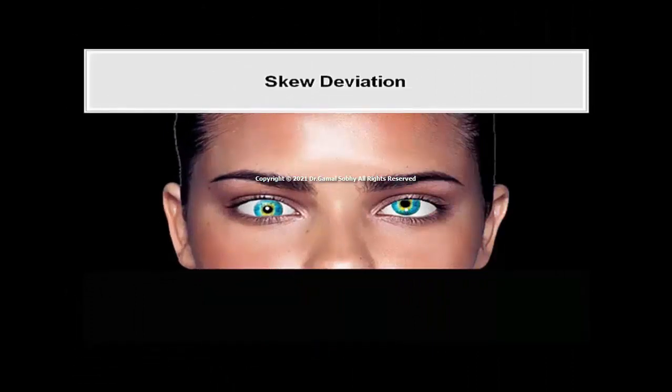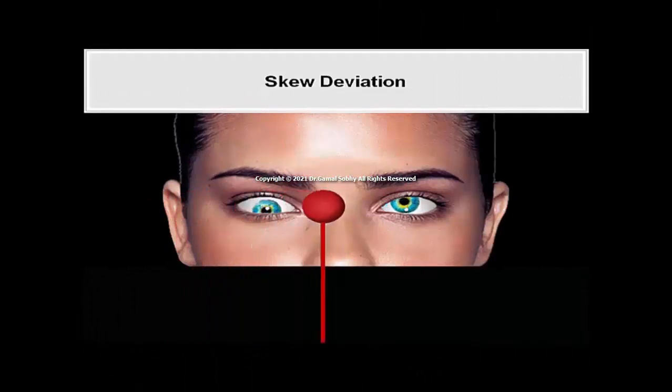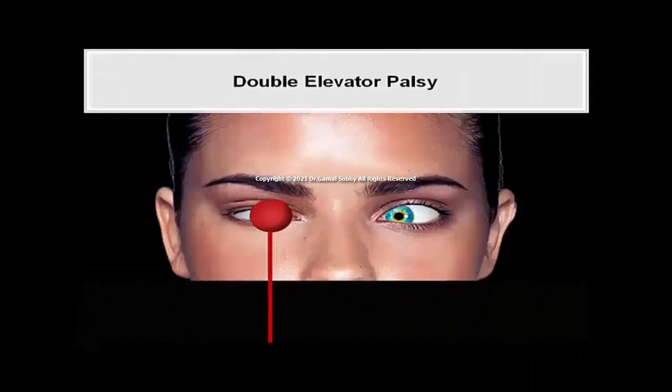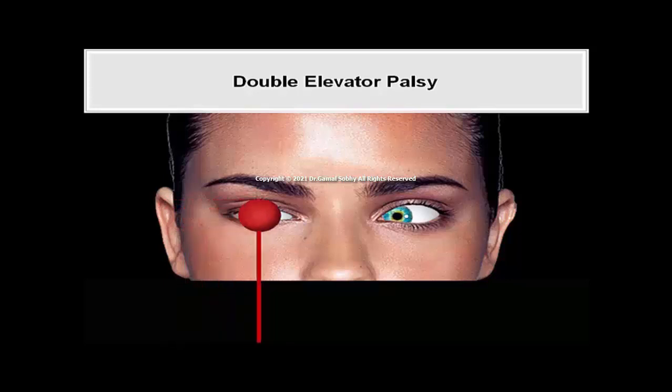Skew deviation is a transient vertical divergence of the eyes, whereby one eye is elevated and the other depressed. It may occur in association with brainstem, cerebellar, or vestibular disease. Upshoot of the adducted eye and downshoot of the abducted eye in skew deviation may easily be confused with overaction of the oblique muscles. Double elevator paralysis is paralysis of both elevator muscles, the superior rectus and the inferior oblique